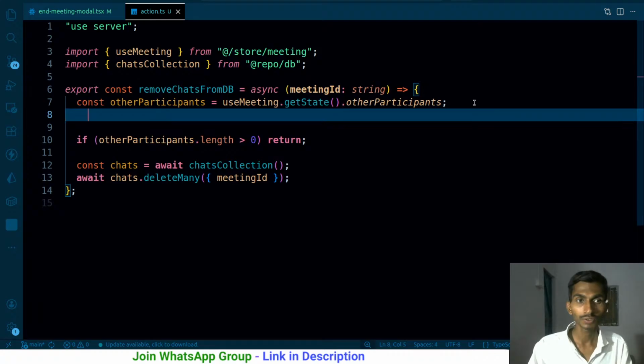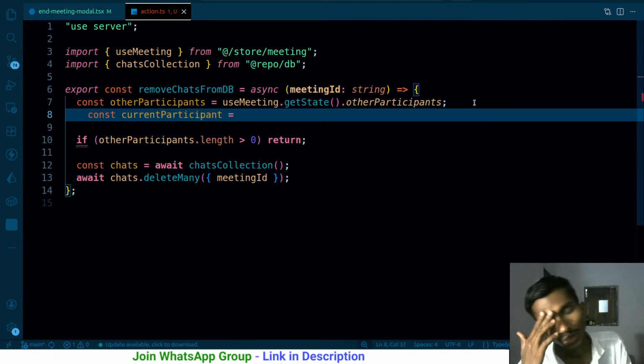So other participants, const, I'm gonna be getting the current participant as well. And even if there is a current participant, the meeting is still on, right? Sort of. And when there is no current participant, so whenever the current participant leaves the meeting,